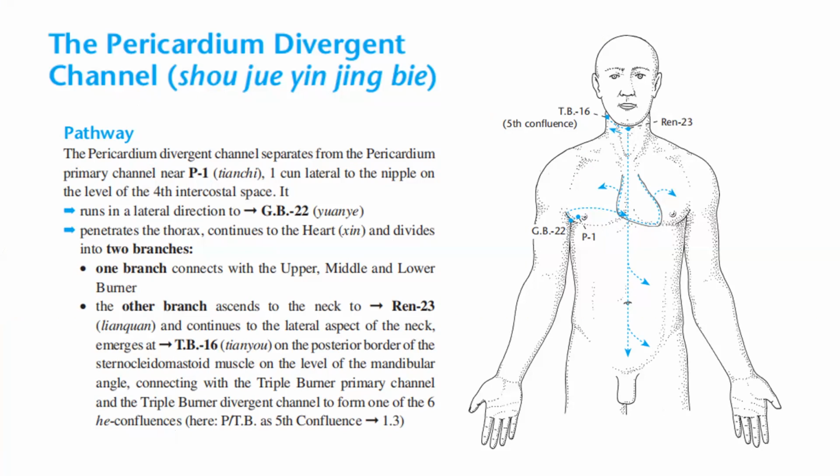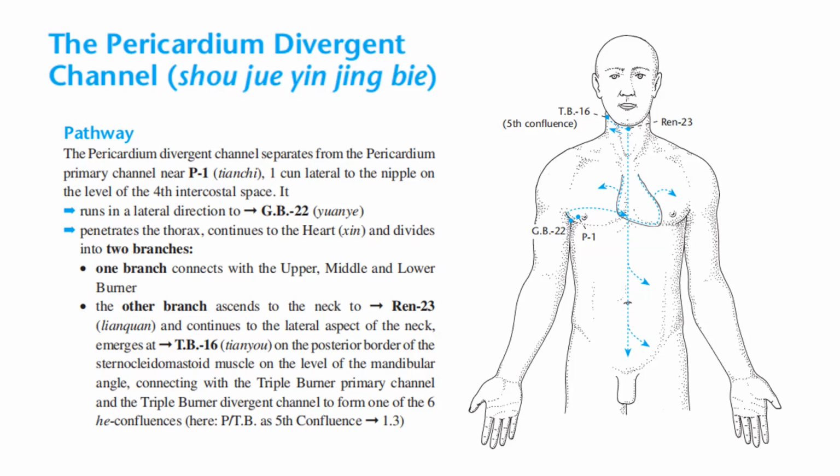It runs in the lateral direction to GB22, penetrates the thorax, continues to the heart, and divides into 2 branches. One branch connects with the upper, middle, and lower burner. The other branch ascends to the neck to Ren 23 and continues to the lateral aspect of the neck. Emerges at TB16 on the posterior border of the sternocleidomastoid muscle on the level of the mandibular angle, connecting